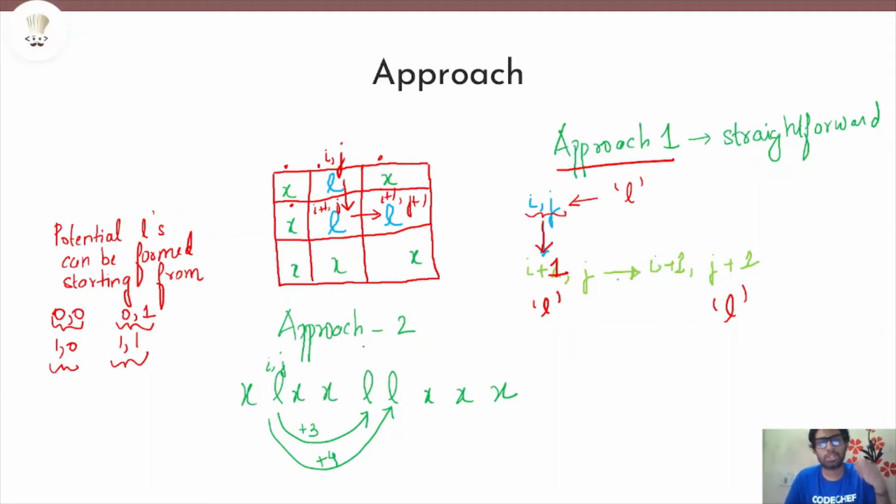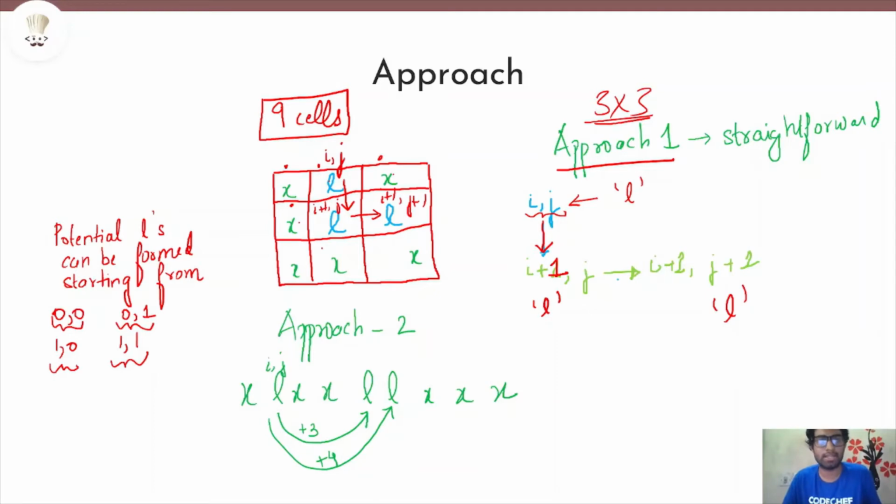The second approach is a different approach where we try to flatten the 9 cells. We know that the input given to us is always a set of 9 cells. This approach will work for any n by n grid. Even though in this problem it is specifically given that we only have 3 by 3 grids, the second approach makes use of the fact that we are only given 9 cells. For example, let's try to flatten the grid, this particular case XLX, XLL, XXX,